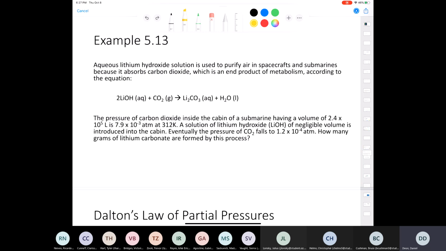And so if we write our ideal gas equation, PV is equal to nRT, we can see that T is remaining constant, R is a constant, the volume of the submarine doesn't change, but we're having a change in pressure and we're having a change in the number of moles. So we could write that as change in pressure is going to be equal to the change in the number of moles